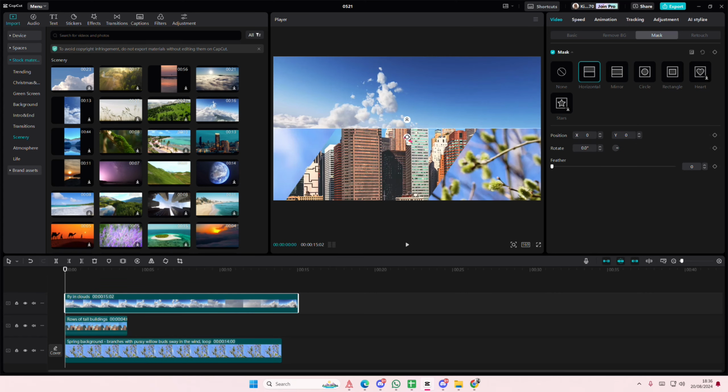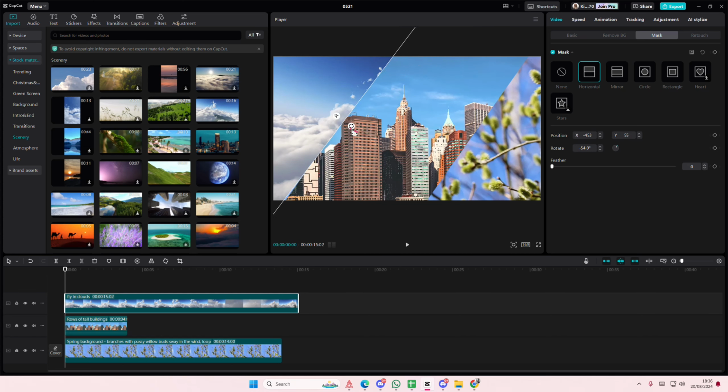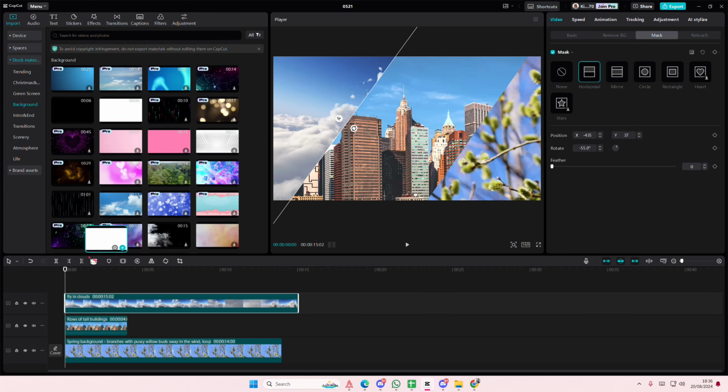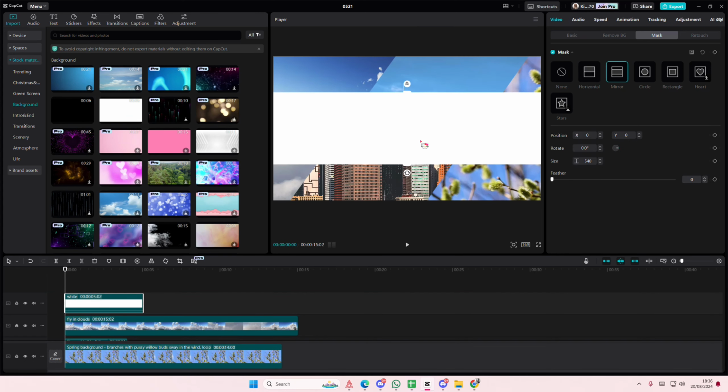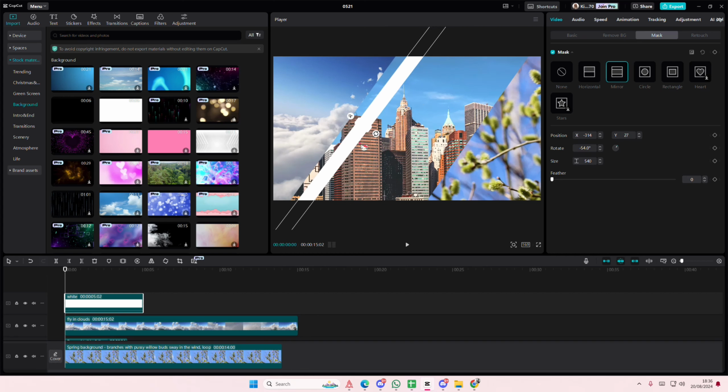And I'll select the horizontal one and split it this way. And I'll try to match it with that one. Like so. Then to add a line again, you're going to select this. I'll select the mirror one for this one and try to angle it the same way. And I'll just create a line